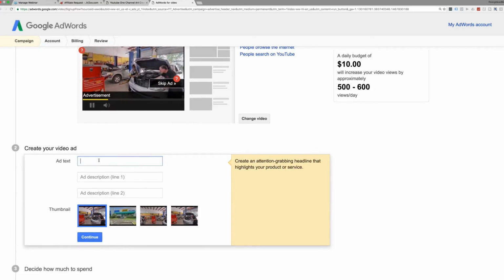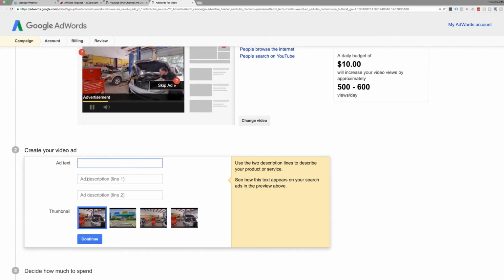So this is where we set up our ad copy for the video discovery ad. We just throw a headline in here. It used to be they only allowed you to put 25 characters in the headline. Now they allow 99. So they actually increased that quite a bit. So you get 99 characters for your headline. Then we've got, it says use 2 description lines. This is just a little bit more about this.